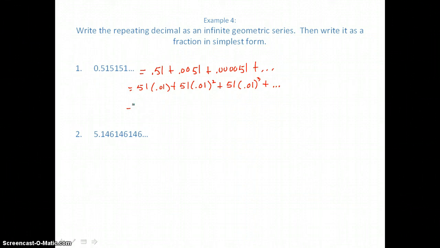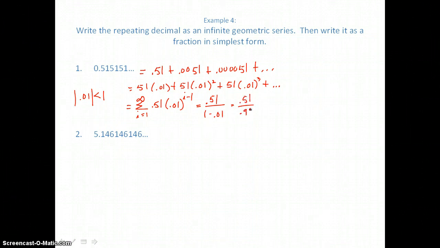which means this is the sum as i goes from 1 to infinity of a first term of 0.51 times a common ratio of 0.01 raised to the i minus 1 power. Now this has a sum because the absolute value of that common ratio, 0.01, is less than 1. So I'll take the first term, which is 0.51, and divide it by 1 minus that common ratio of 0.01. So we get 0.51 over